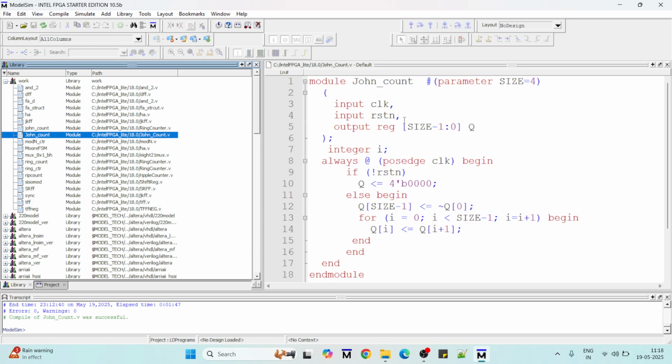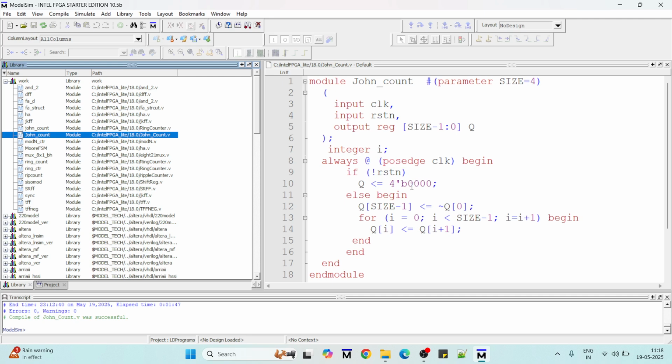Then it has an output Q, of range data type, and a local variable integer I, and it's going to be a synchronous counter. So its gated operation is going to be governed by the clock. That becomes a sensitivity signal. And next we have the reset. If the reset is 0 when the clock is at positive edge, then the output of the counter is set with